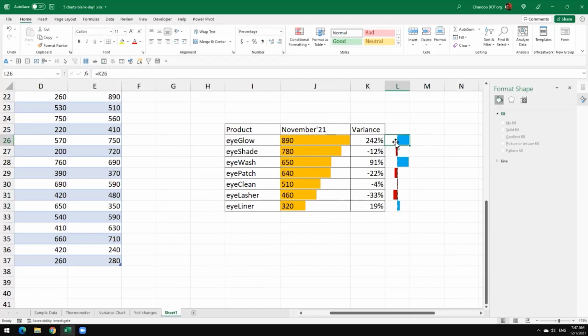Notice that here and here, the variance looks similar. So even though it's 240%, the graph will only show up to 100% and then kind of cut off. It will give an indication that yes, you had a positive movement or negative movement. And then we will